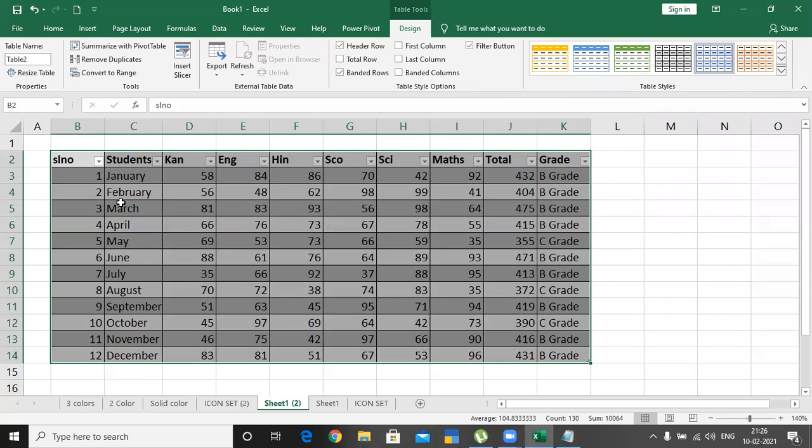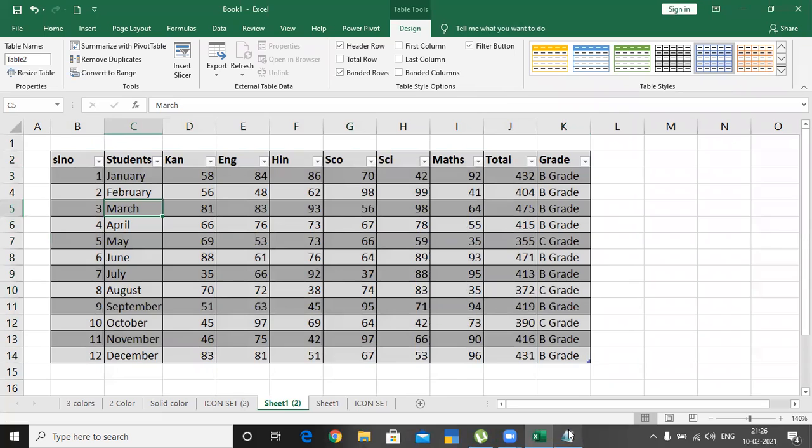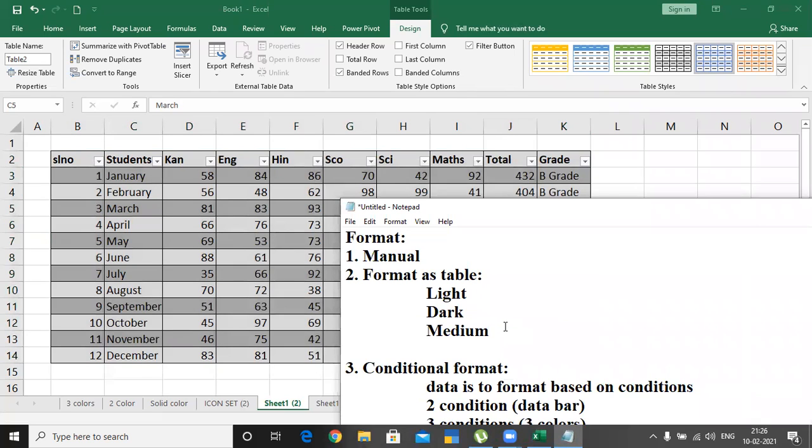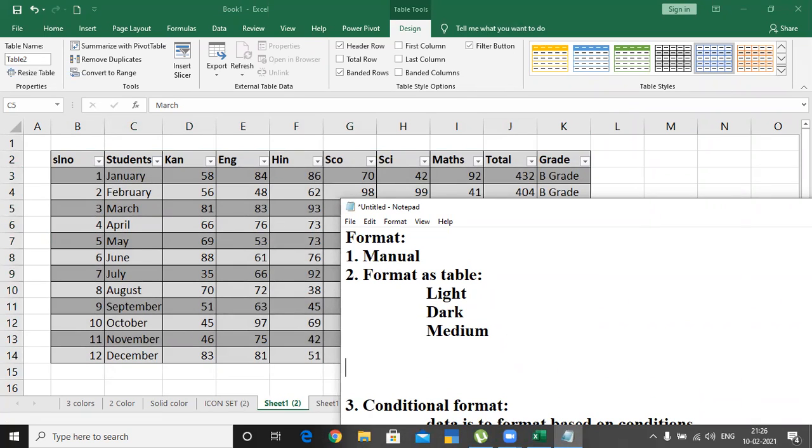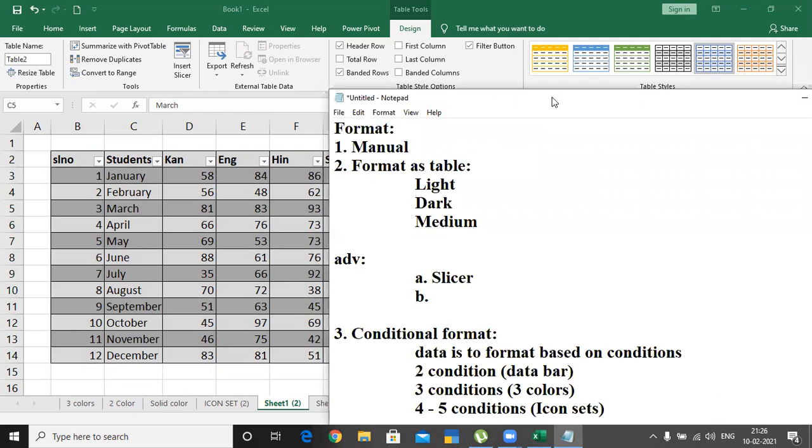Okay, and one more advantage. The first one is we can have a slicer, and here I have the option to convert to range.